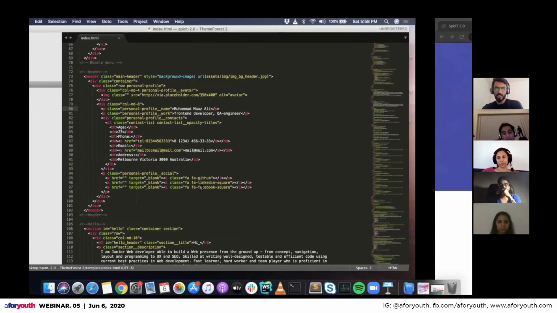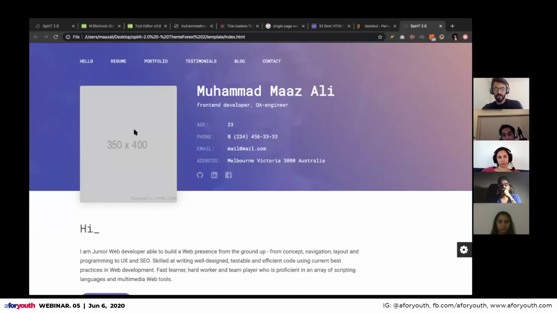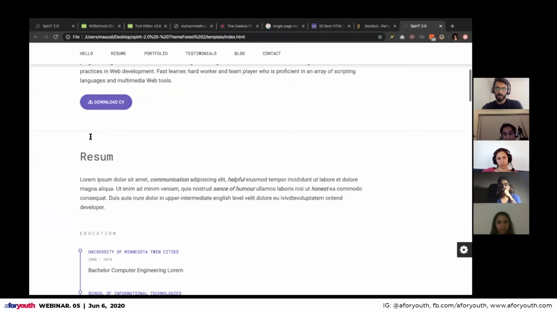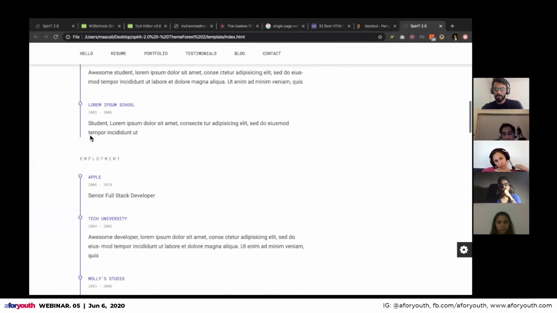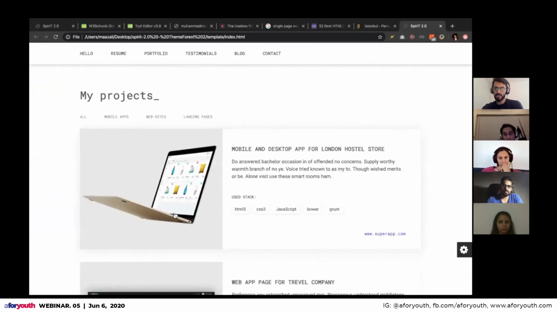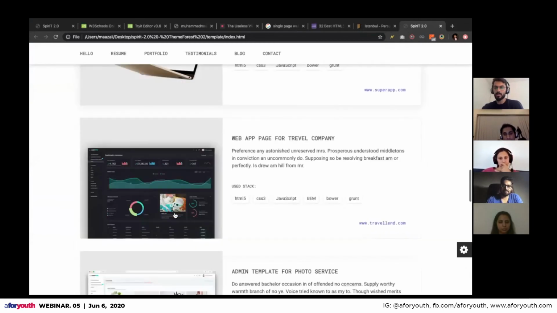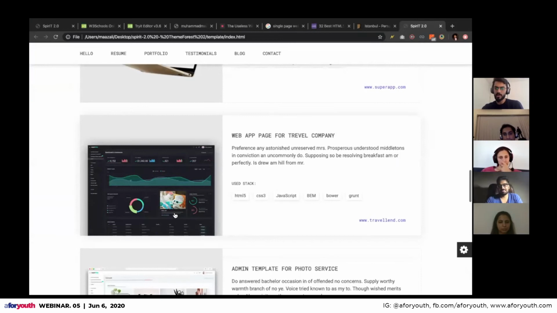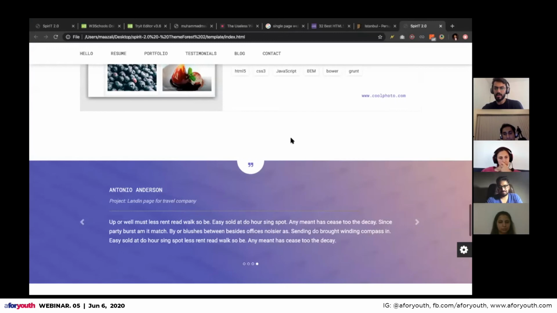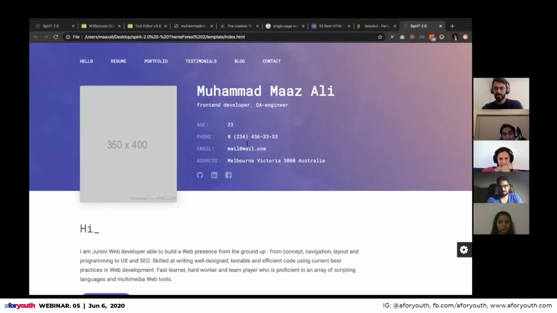All these animations, everything that this website has, you don't have to develop it. You just have to simply change this text and the images in it, and this website is all yours. You can deploy it anywhere in your domain, and yeah, you are live.